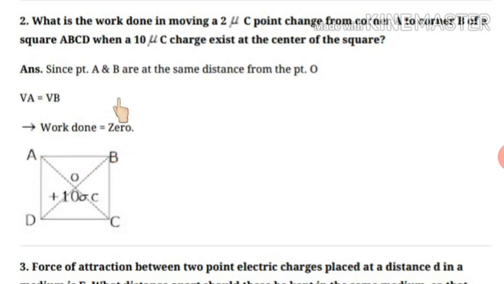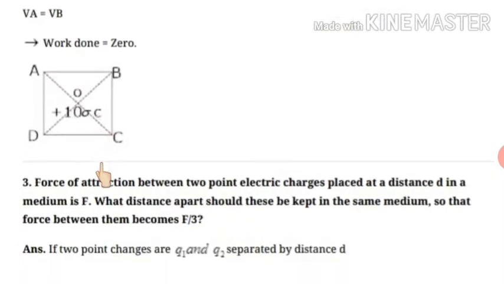So what is the answer? As VA is equal to VB, VA is the potential at A, VB is the potential at B. So since the potential at both the points is the same, therefore the work done will be 0. There will be no work done. So I think this question is also clear, that 0 work will be done when you move a charge from A to B, as they have equal potential. Okay, next question is,